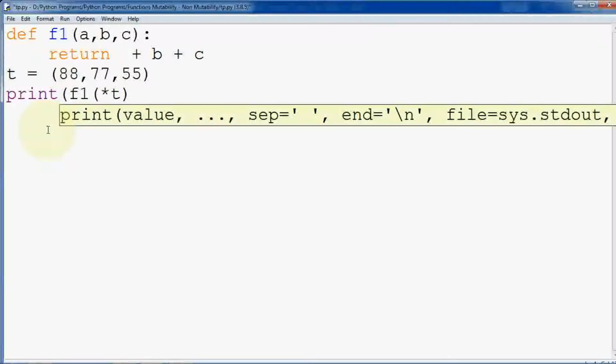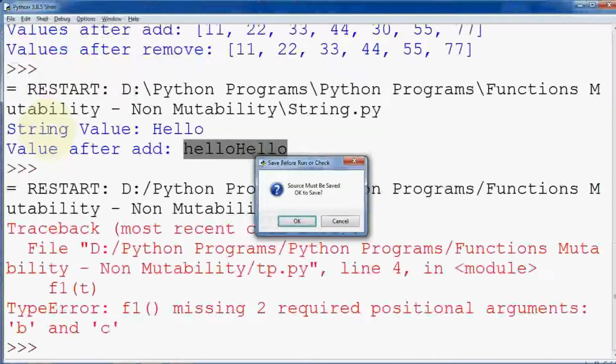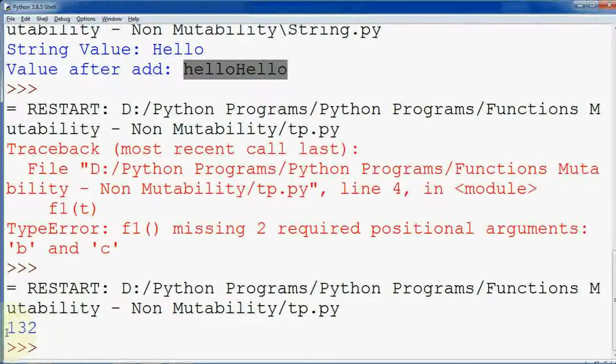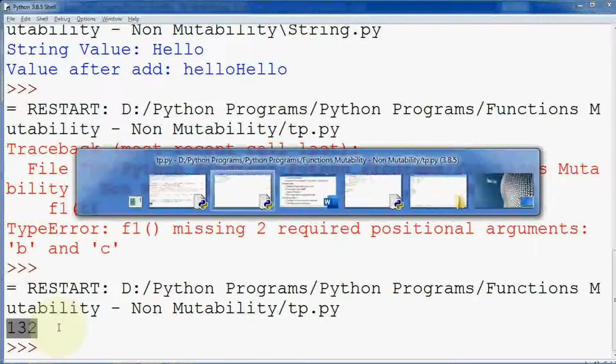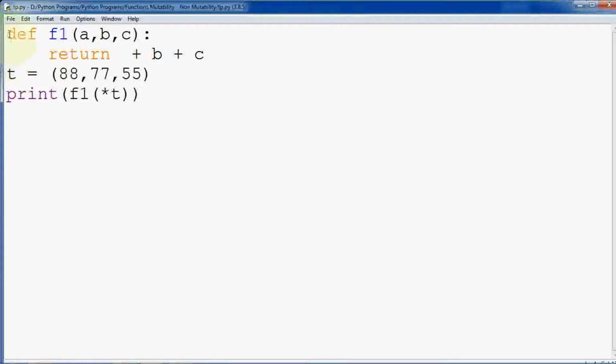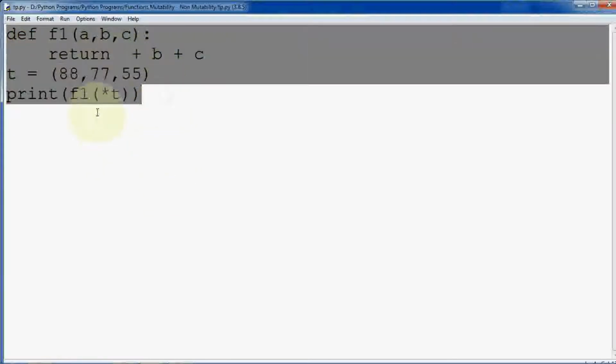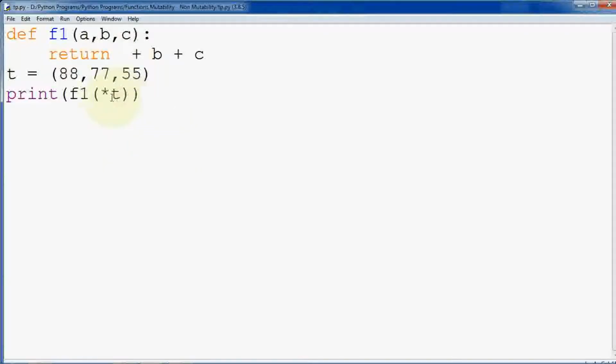Now that error will disappear and you will get the output. So whenever you want to do such a thing, you can use star t in the calling statement. So it will accept all these parameters. Means you learned that keyword argument; that mechanism is working over here to accept these values.